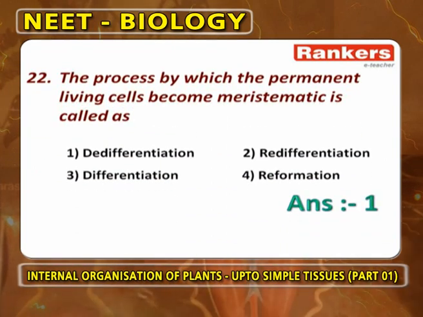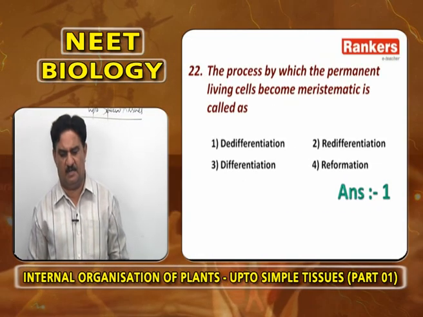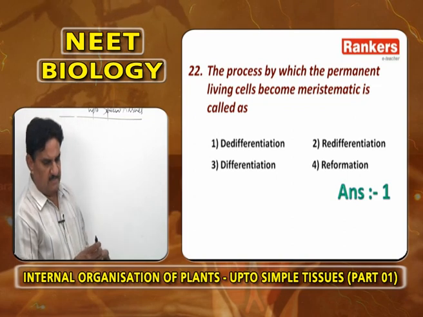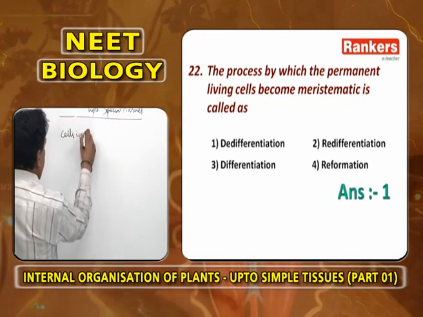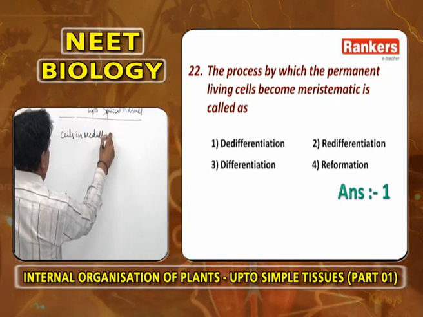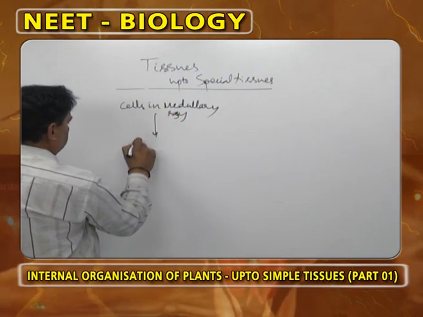The process by which a permanent living cell becomes meristematic tissue. Very important question. The process by which any permanent living cell, while remaining as it is, becomes meristematic is called dedifferentiation. Examples are cells in the medullary ray. Cells in the medullary ray undergo dedifferentiation and produce